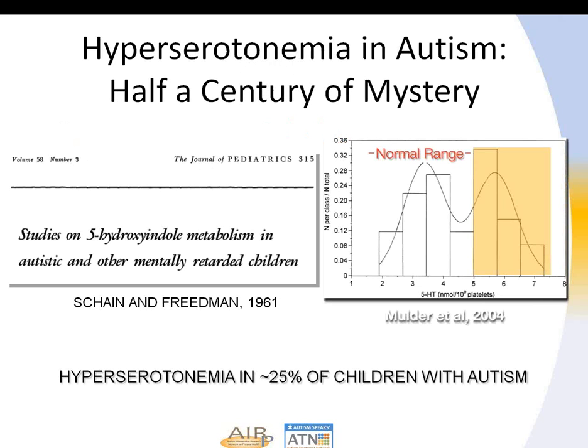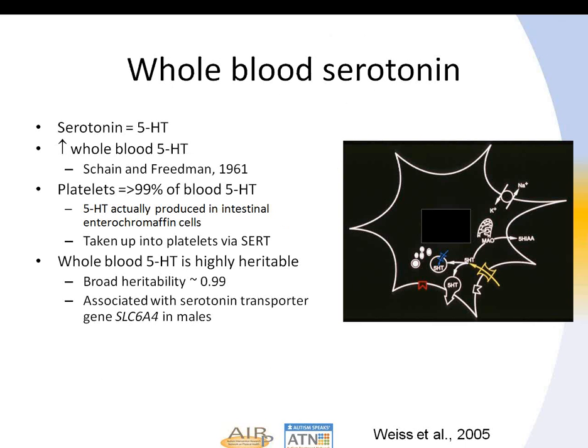So in 1961, Daniel X. Friedman first identified elevated blood serotonin levels in roughly a quarter to a third of kids with autism spectrum disorder. If you see this graph here, in the typical population, you would see a bell curve tailing off here, but in the ASD population, you see in some studies a second bell curve sort of superimposed on the first. Depending on where you draw that line, you see that it's roughly a quarter to a third of children.